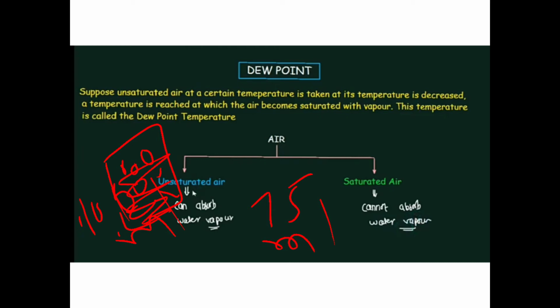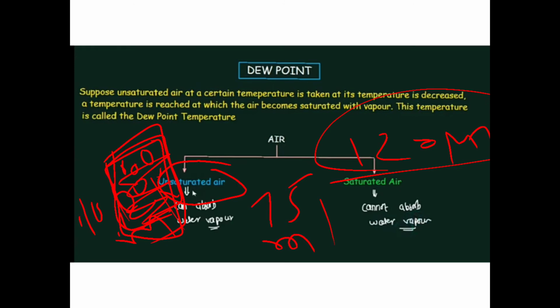But that is like the air also. The air which has the capacity to hold water vapor is the unsaturated one. Now suppose I am having 120 ml of water, and I am having the same container here. The capacity of this container is just 100. It can't hold 120. Correct? So what will happen? It will spill out. The water will spill out if I pour it in that container, isn't it?